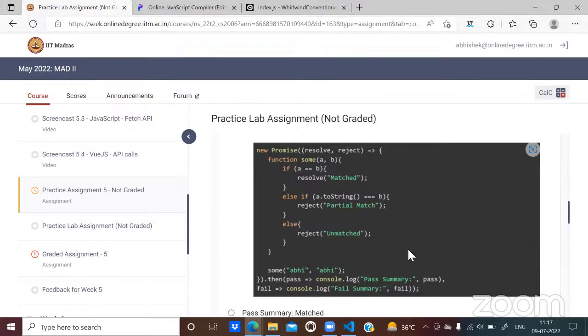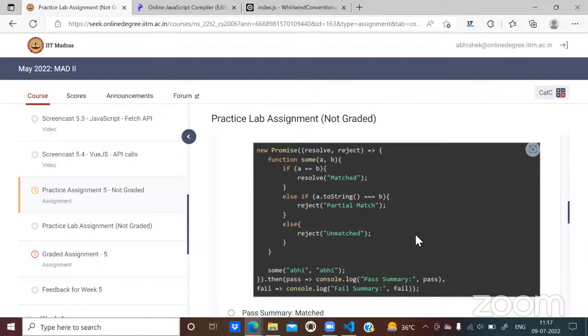So I'm not getting your exact point. Is this the issue? Not an issue, but there could be situations where we can write the resolve function multiple times too. Yeah, of course. Treat resolve just like return. You can write return even 10 times in a function depending on certain conditions, whether it is false or true. Similarly, you can write resolve and reject at multiple places depending on your conditions.